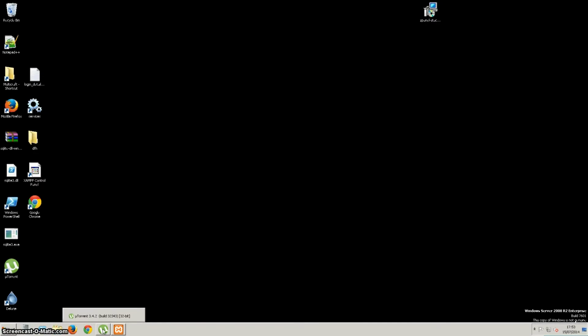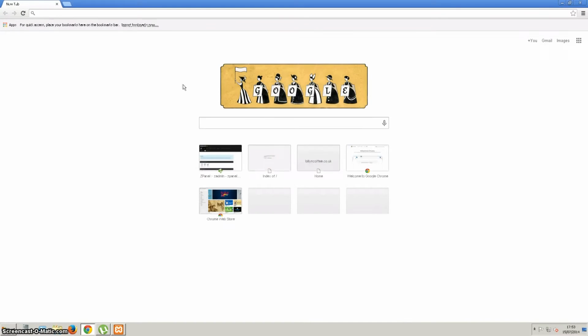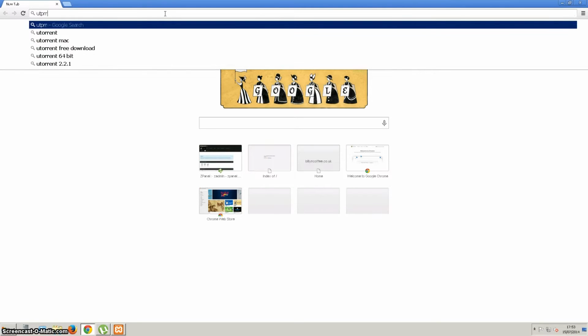In today's video I'm going to be teaching you guys how you can actually install the Web GUI of uTorrent. Now this is very easy and probably the easiest thing to do, but it'll be a lot easier if you're into ports and networking and all sorts. So anyway, what we're going to do is download uTorrent. Simple Google search of that,